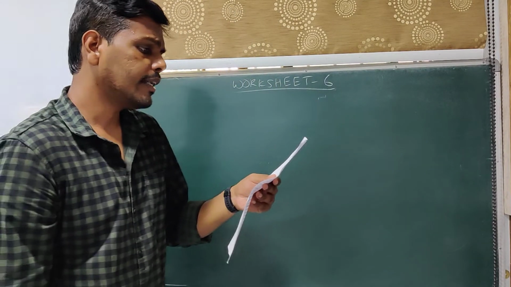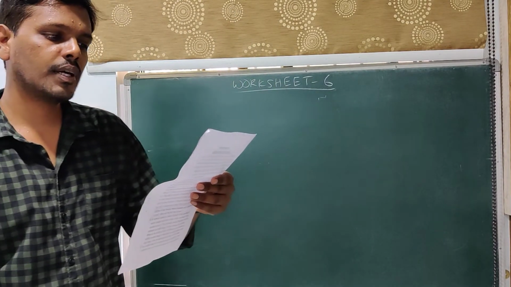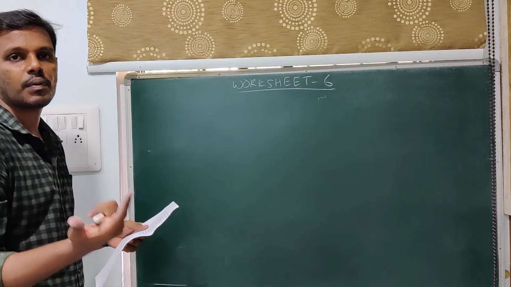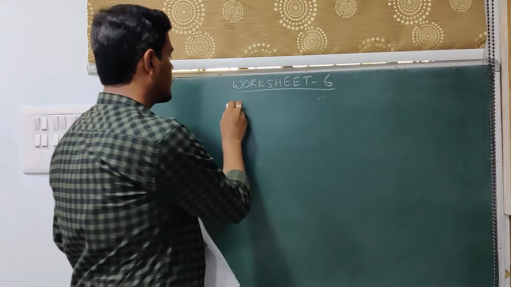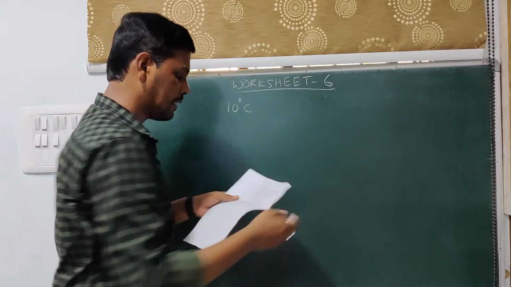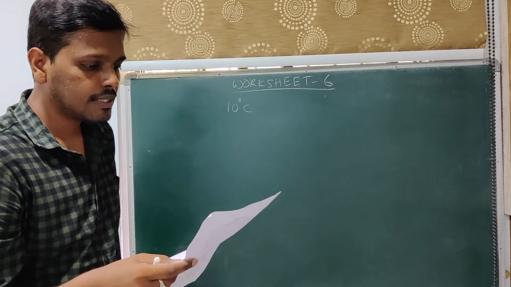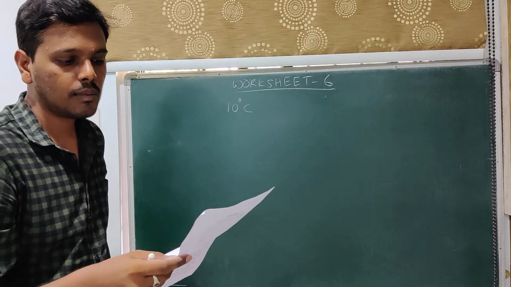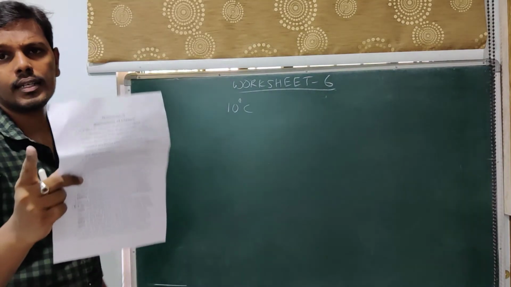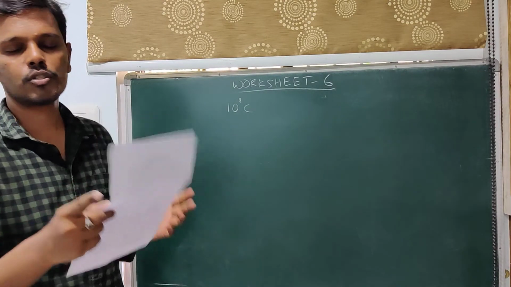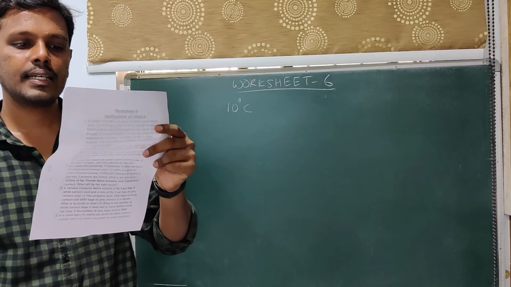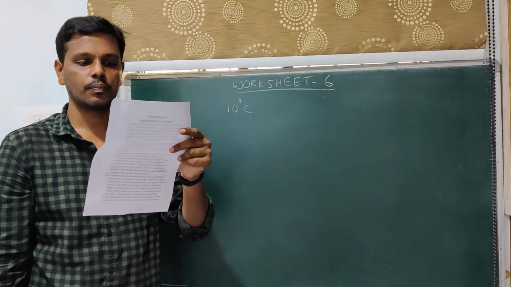Which means that at 12 noon the temperature is 10 degrees Celsius. Above zero, in the sense positive, that is plus 10 degrees Celsius, which we take as 10 degrees Celsius. Next, it decreases at the rate of 2 degrees Celsius per hour until midnight, that is, for 1 hour the temperature is being reduced by 2 degrees Celsius. At what time would the temperature be 8 degrees Celsius below zero?